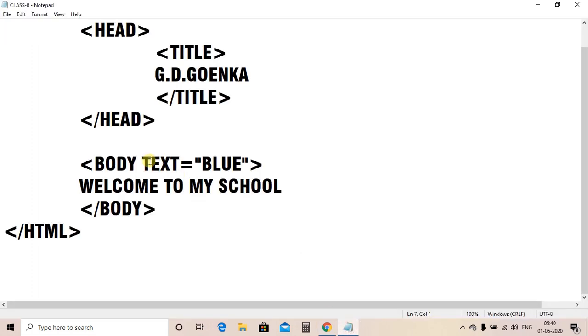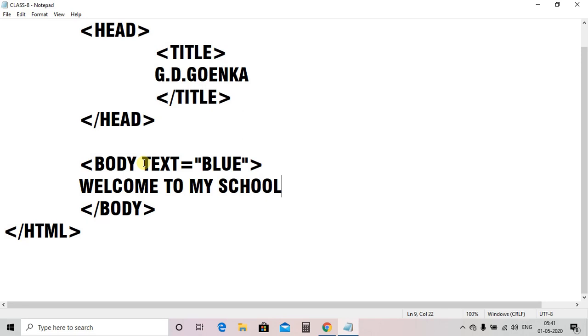So what we are saying is that when we use the text attribute of the body tag, it changes the color of the complete web page. Whatever text is there on the web page inside the opening and closing of body tag, the whole text will appear in blue color. Okay, now suppose we want 3 or 4 lines in blue color, another 3 or 4 lines in red color, another in a different color. So that will not work with the attribute text.